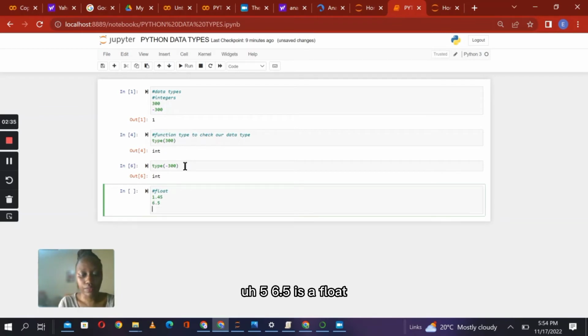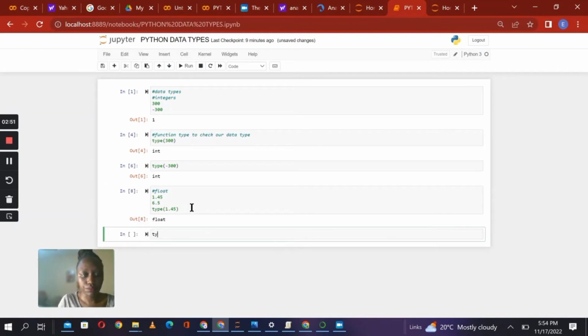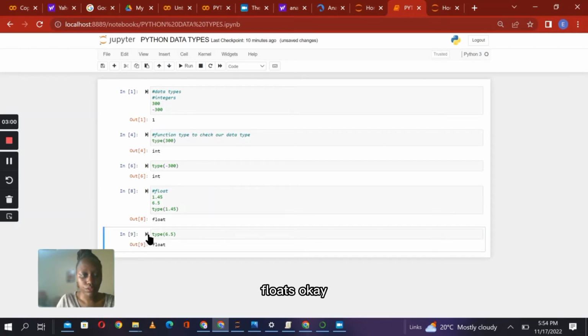6.5 is a float. So if you want to check which type these are, you just type type, bracket, 1.45, floats, shift enter, type 6.5, floats. Okay,